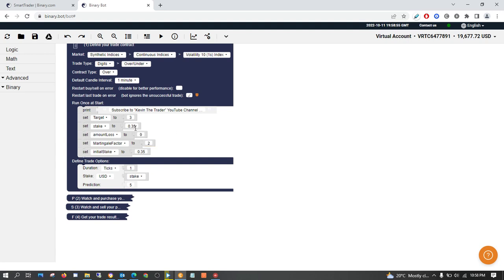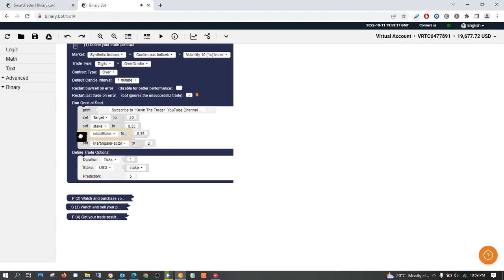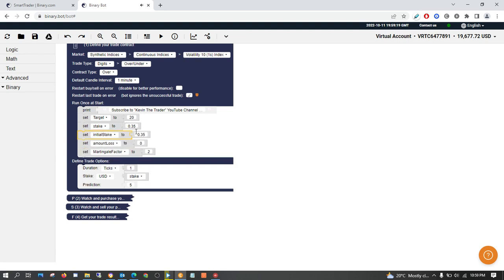Our target will be, let's say, $20, and our initial stake here is 0.35, just the same as the other one. I'll just put this here so that it can be on one line. So our target here is $20 and our stake here is 0.35. As you can see, our martingale factor is 2, or let's do 1.